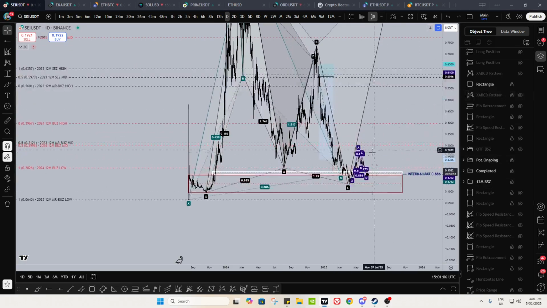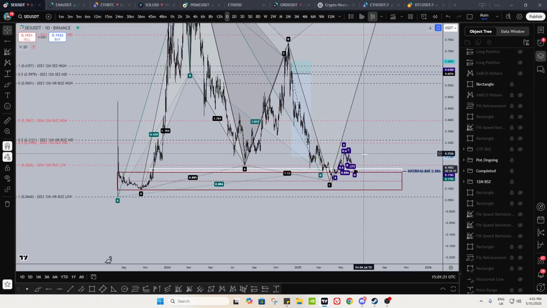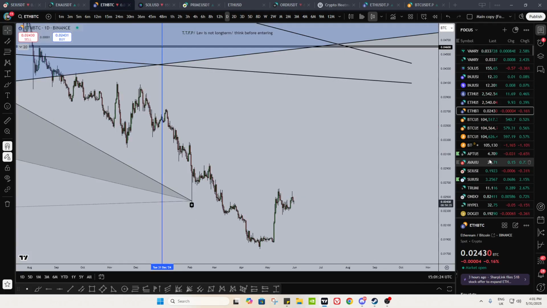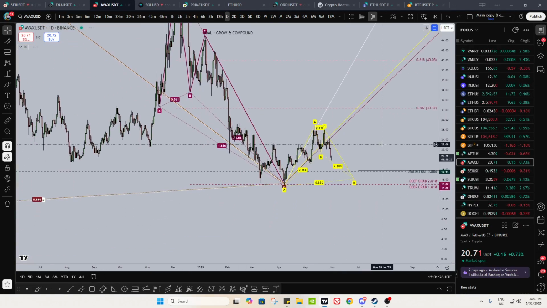Right, so what I'm going to build over here, I'm simply going to turn my brain off, and now that we look like the structure is starting to shift, until that gets invalidated, I'm just going to slowly build a spot bag out. That's it. So that's SAY. AVAX and SAY pretty much look the same, right? The last lower highs that led to the lower lows have been taken out, right? And then a higher low looks like it could come in.